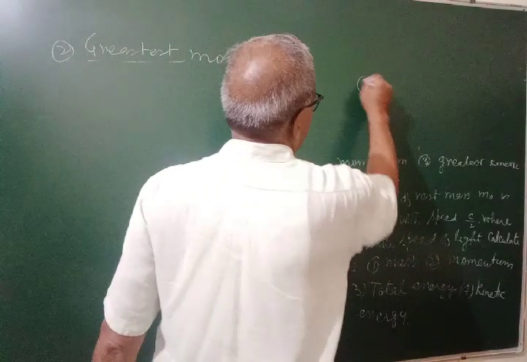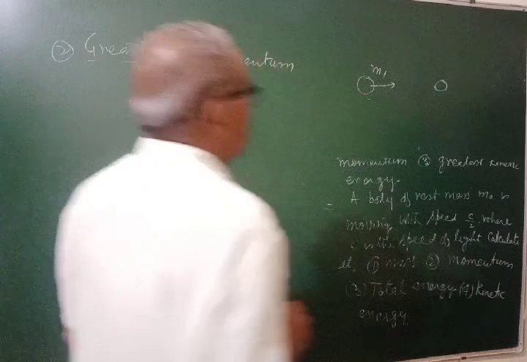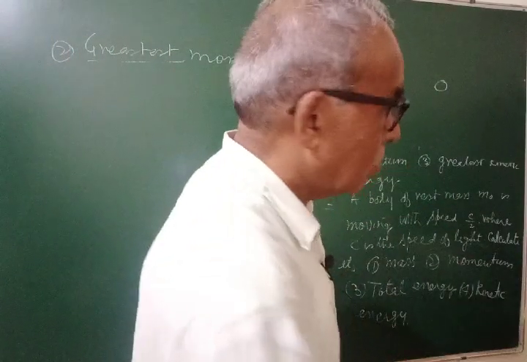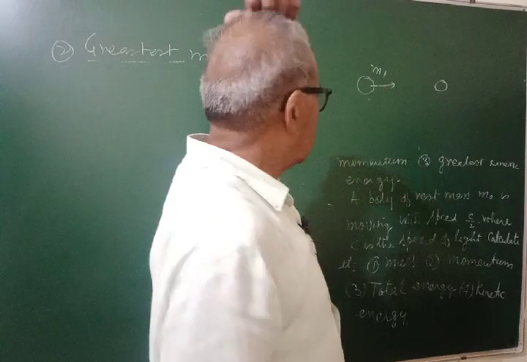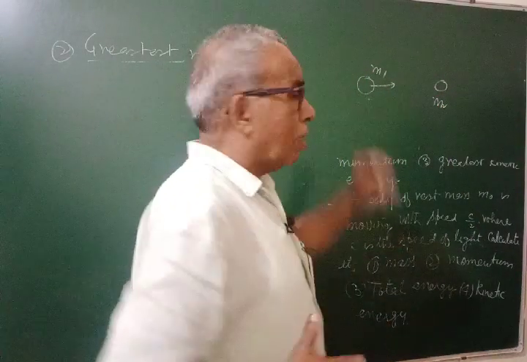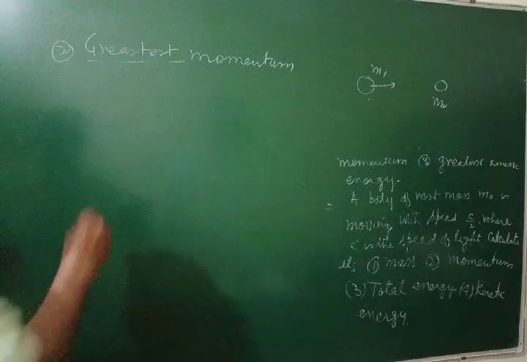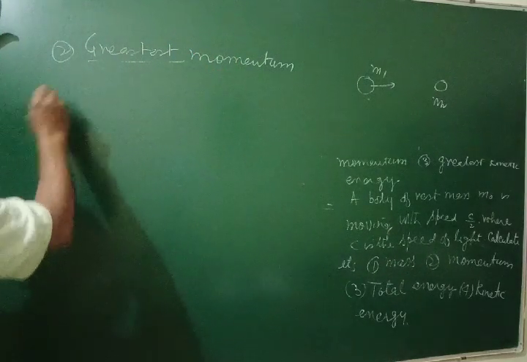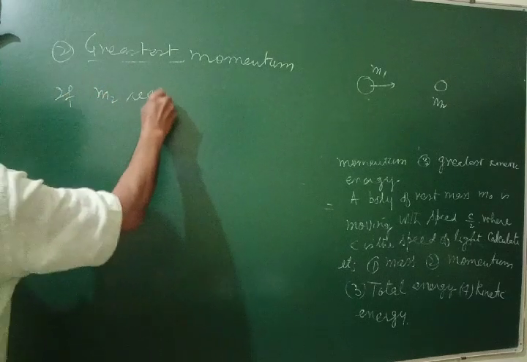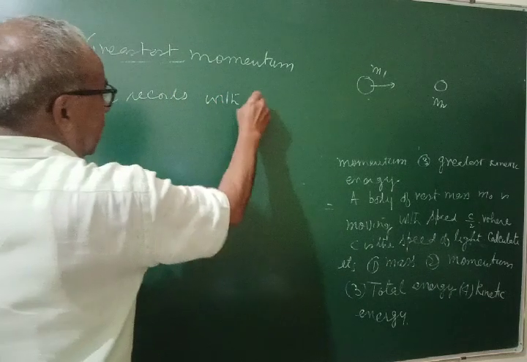Body of mass m1 strikes m2. To impart maximum momentum, the mass m2 should be such that there should occur maximum change in momentum. If m2 recoils with greatest momentum,